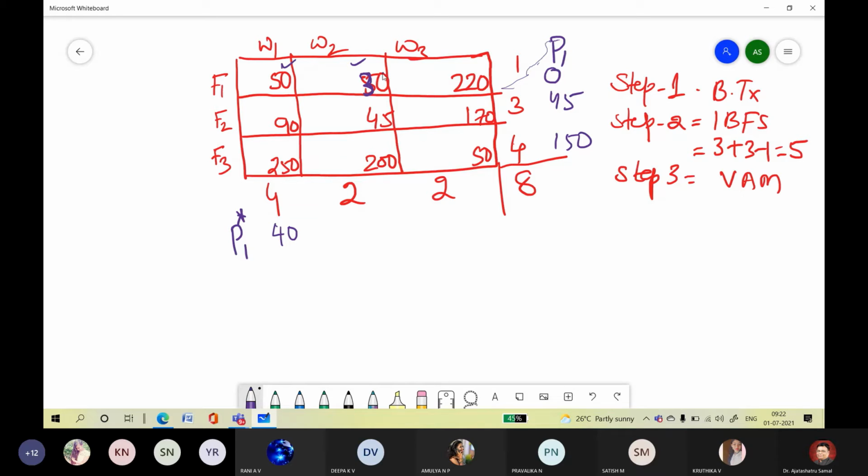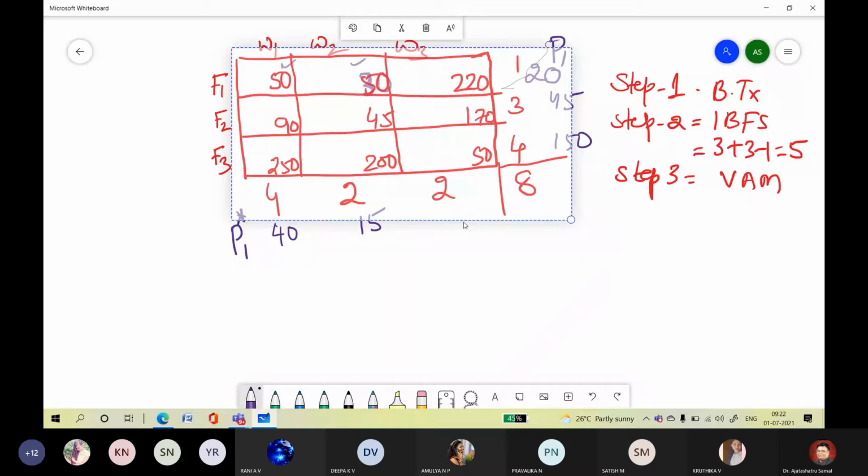So whatever I'm telling you, this will make it 20. The difference will be 20. According to the question, mistakes are there. So this will be 15. What is the difference here, third column? How much is the third column difference? 120, sir. 220, 170, 50. 220, 170, so how much? 120. Correct. Okay, no issue. 120 is the correct value.